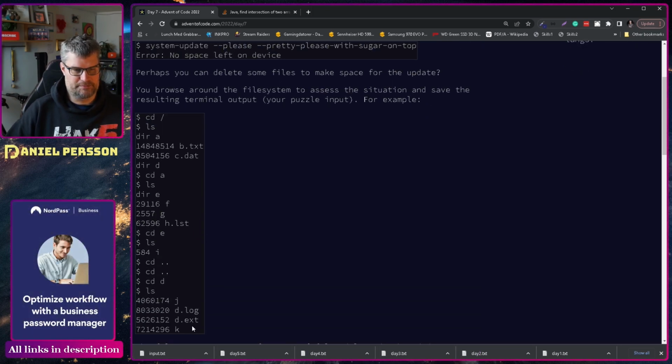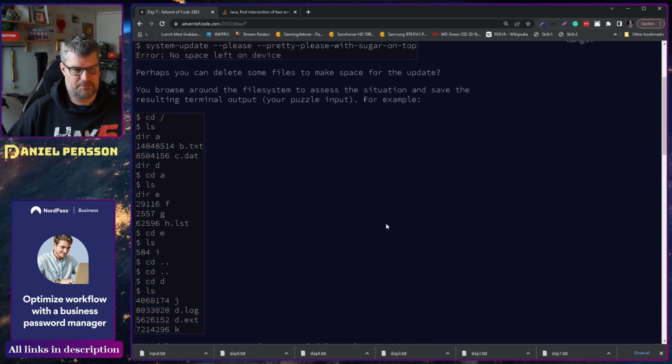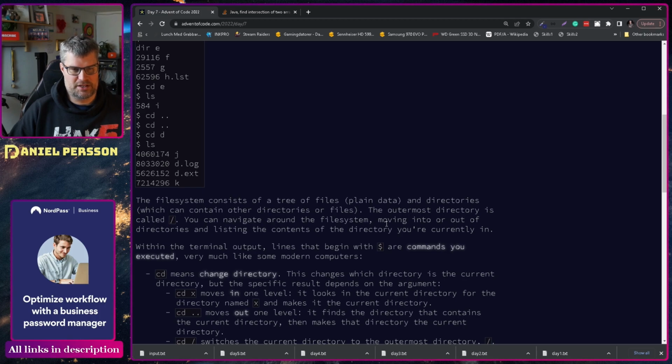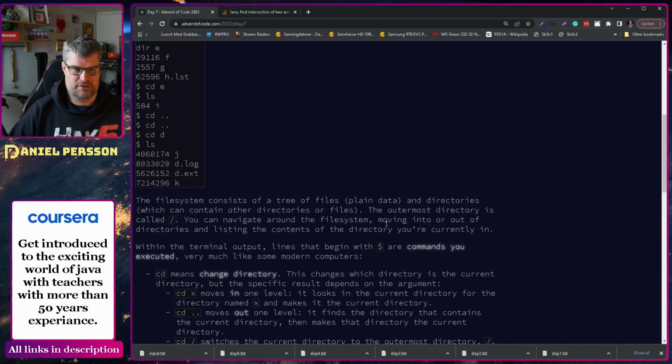For example, here we have some commands and some outputs. The file system consists of files, which are plain data, and directories, which can contain other directories or files. The outermost directory is called /. You can navigate around the file system, moving into and out of directories and listing the contents of the directory you're currently in. Within the terminal output, lines that begin with $ are commands you execute,